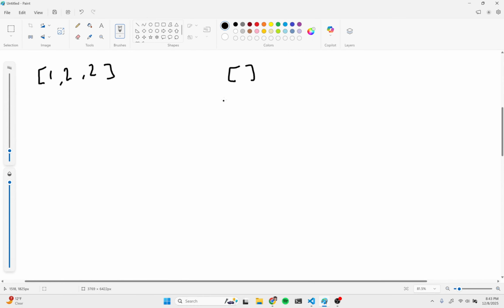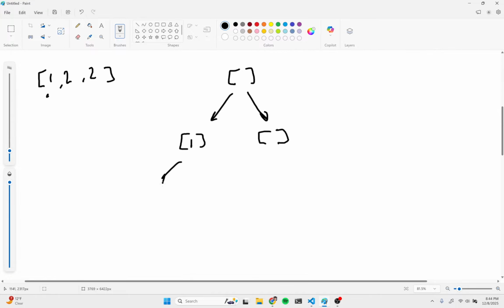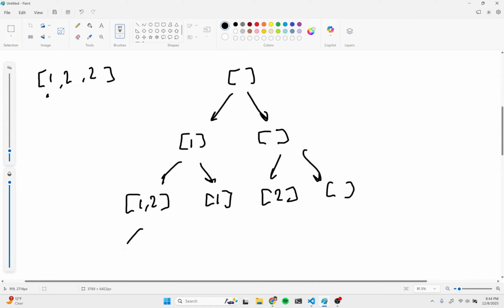How I do these is I can make two choices at every index in the nums array. I can either take that or I can not take that, and then I just update my pointer after that. So I either would go through and I'd take 1, 2, or I wouldn't. I'd just have 1, or I'd go through and I would take 2, or I would not, and I'd go through and I would do the whole thing. So 1, 2, 2, 1, 2,